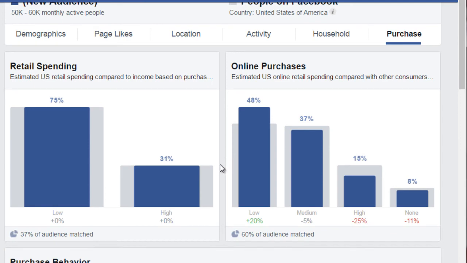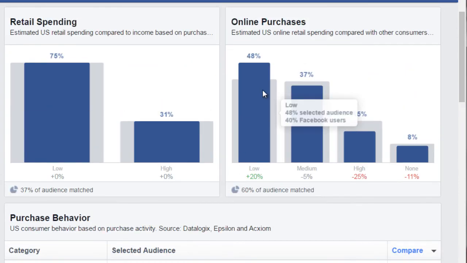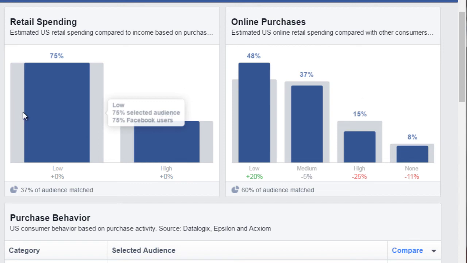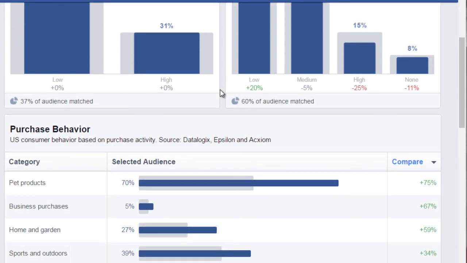And say, for example, you were to go into a niche and you find that the retail spending or online purchases is very, very low. That might be fine, because that might mean that offline retail is high. And that might tell you certain purchases might be lower online versus certain purchases offline are higher. But that also gives you an idea of the direction even your business could take.